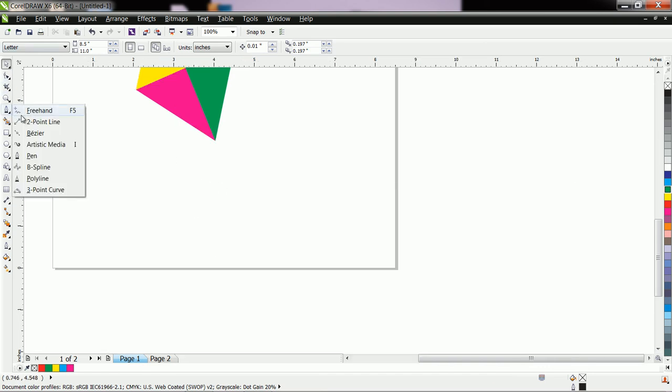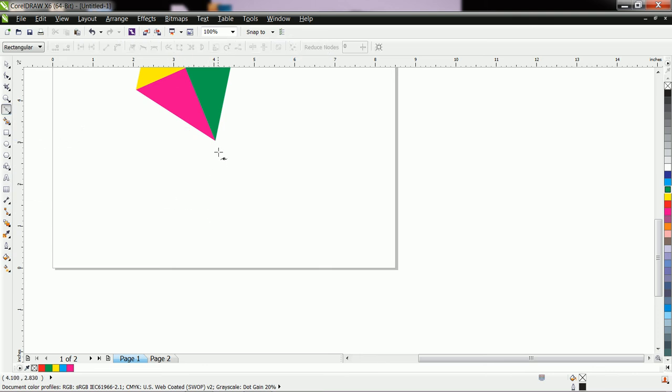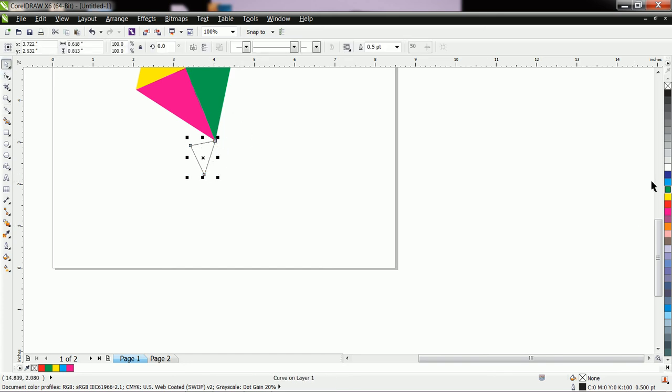Again you can use either the Bezier or the pen tool. Here I use Bezier. Okay, let us fill it with color. Copy, paste and take a horizontal mirror.